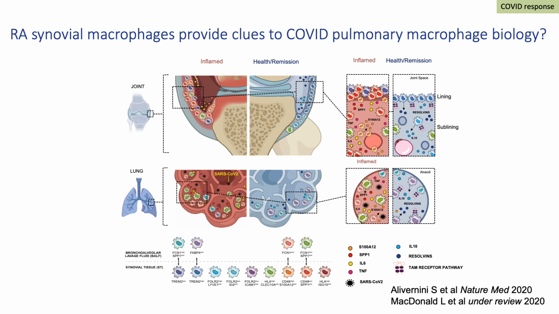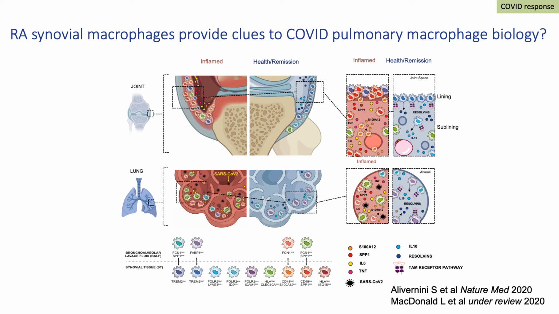Now, I want to just quickly digress into the world of rheumatology again. The rheumatoid pathogenesis is driven mainly by activated macrophages, shown here in the top left-hand panel. These activated macrophages perpetuate damage to cartilage and bone and the release of cytokines, which have a, if you like, a virtuous cycle of destruction. And in health, the macrophage population in the joint is dramatically changed. And this is work that we recently published in Nature Medicine, led by Stefano Alivernini in Roma, also part of